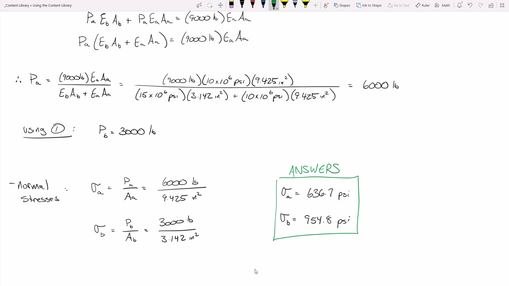Yes, sir. So I got a question. The only reason I can think of the aluminum around the brass would be to save on weight. Is there like another engineering reason why that would happen? That's a great question. So that is one reason. Another reason is cost. Another reason, and this is probably more near and dear to the civils, could be for